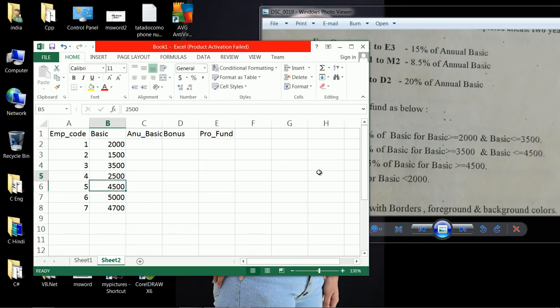Okay, now annual basic is basic into 12, equal to B2 into 12. It is the annual basic.